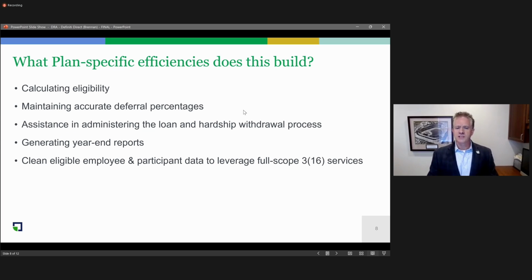So when I talked about some of the efficiencies that Definiti Direct can provide, let's take a deeper look at that. What does that census data provide us, as a TPA or in serving as 316 on a plan? Number one, it provides us with all of the information necessary to calculate eligibility. You think about it right now with most plan sponsors who are uploading payroll directly to their record keeper, they're only providing the data for participants with accounts already in the plan.